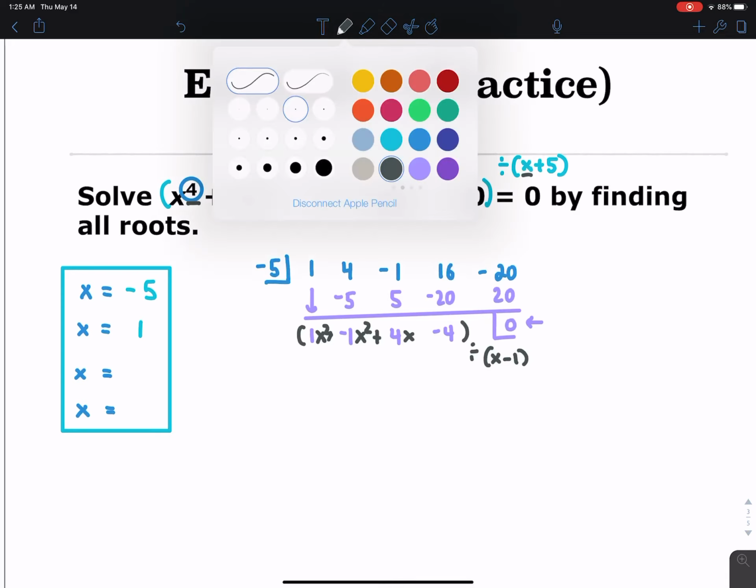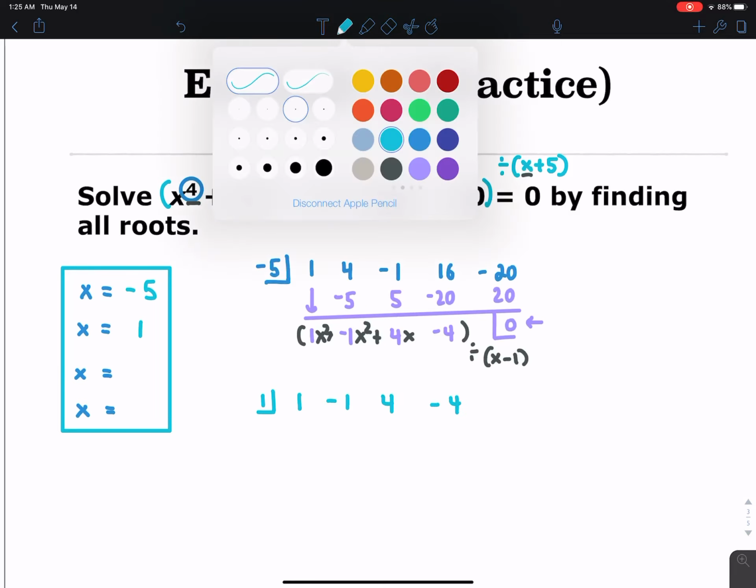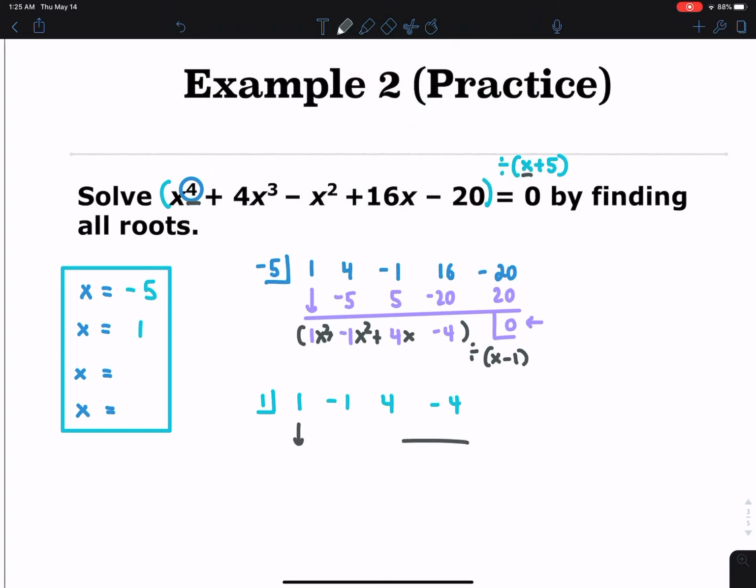And again, because our roots and our factors have opposite signs, with synthetic division we're back to 1, and then our coefficients are 1, negative 1, 4, and negative 4. So we're going to bring down our first term. 1 times 1 is 1. Add those, we get 0. 0 times 1 is